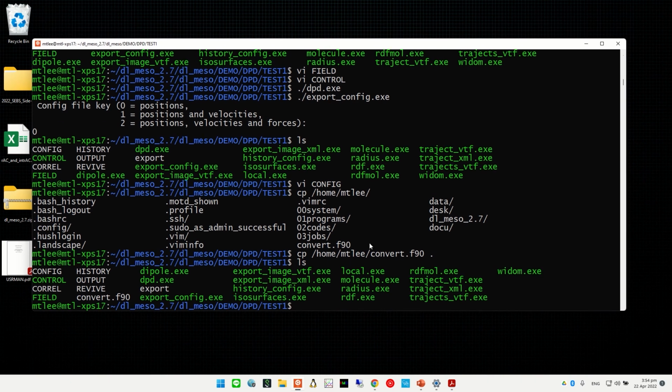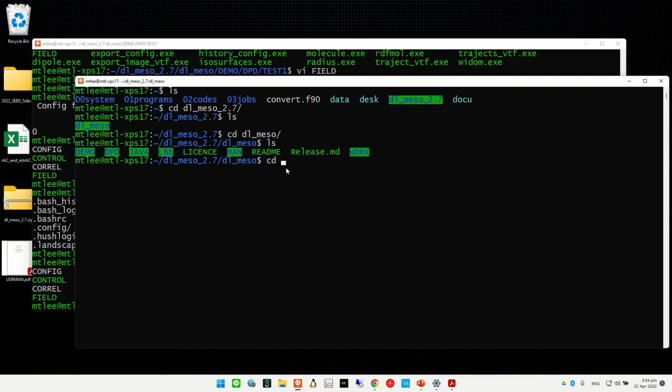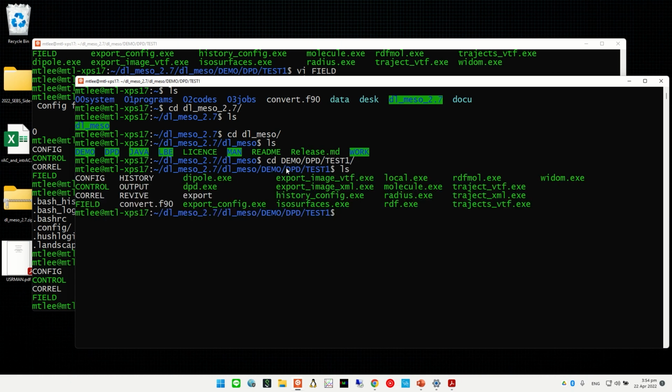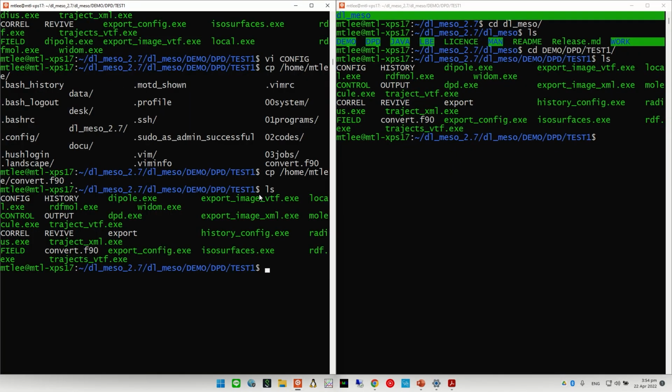I'm going to open another terminal, side by side, to explain what is going on. Here on the left, I'm going to open the config file.